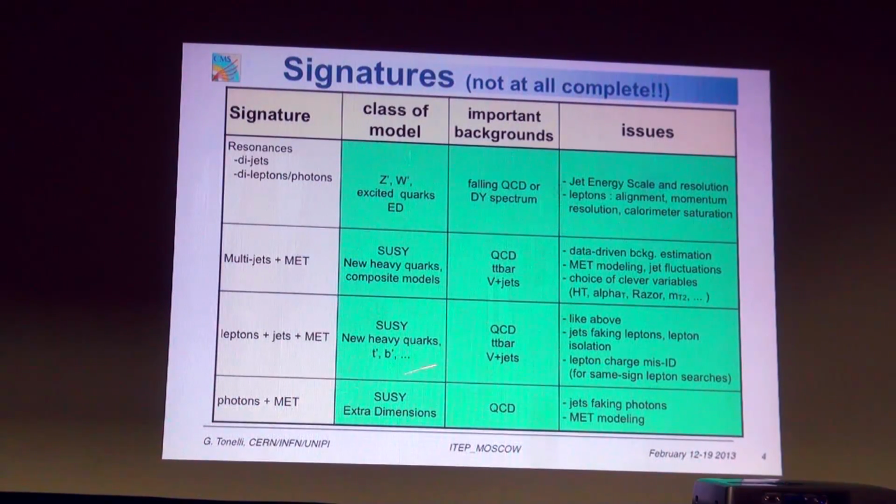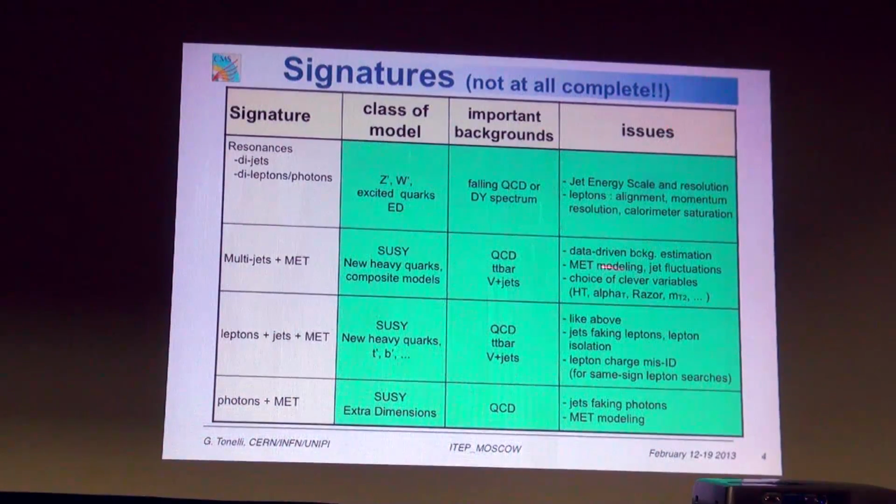So, in most of the cases, you have the QCD. Whenever you have jets, basically a missing ET, QCD is a key component. But I want to highlight the fact that you have in several cases TT bar and vector boson plus jet. This is why I spent quite some time this morning to explain to you how important it is to measure W plus jet or Z plus jet or TT bar well, because they are not only interesting in themselves, but because they appear as major background components in many searches for new physics.